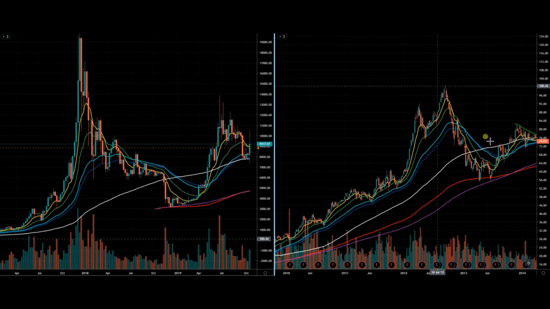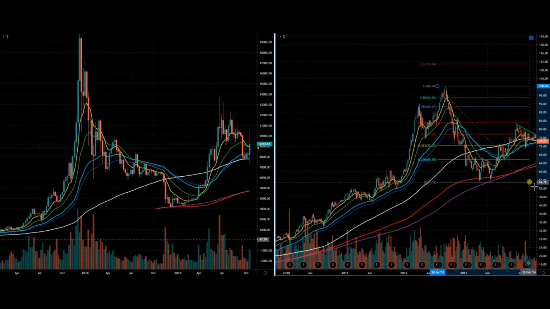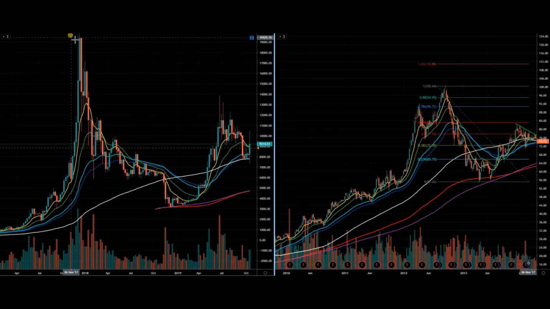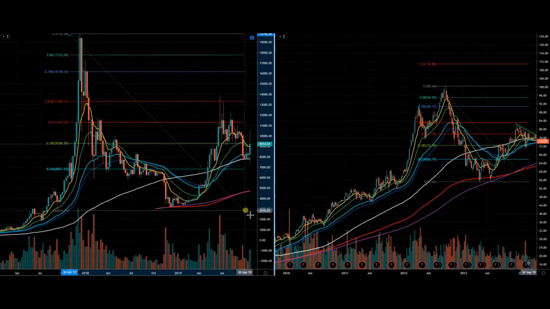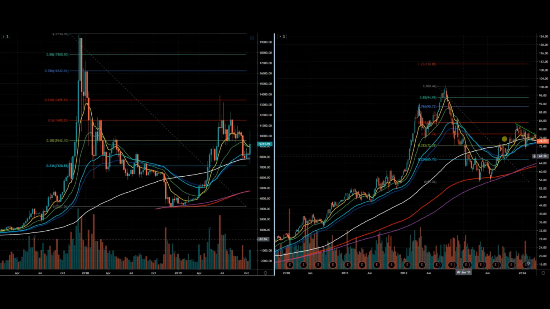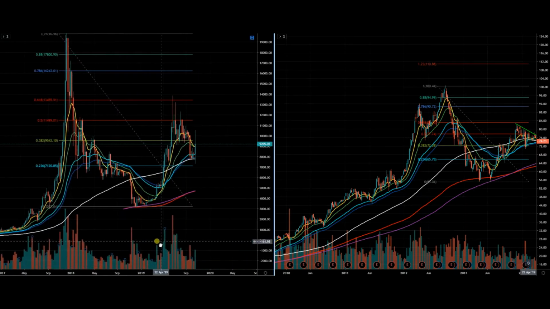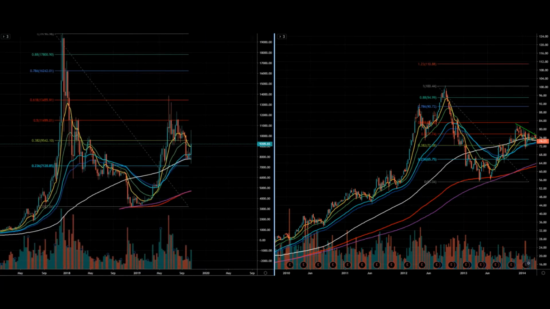I'll just throw a fib on that. I haven't done this before, guys. This is very interesting. Look at that. Both came right into the 61%. So that's good to know, guys. That's interesting. Now, what I'm going to explain here is when you have the 200 moving average like this,